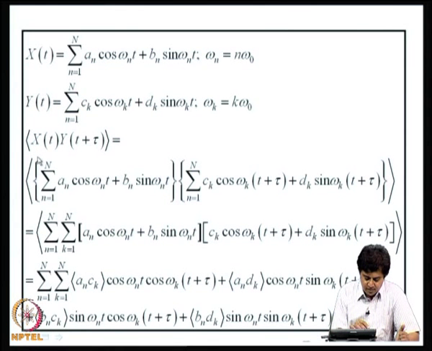So, let us consider the expectation of x of t into y of t plus tau. For x of t I have this representation, for y of t I have this representation. I will use this and write it as the first term is this first summation and the second term is the second summation where t is replaced by t plus tau. I run through these calculations, the product of summations becomes a double summation, and I will now use the properties that we have encapsulated for an and bn, and